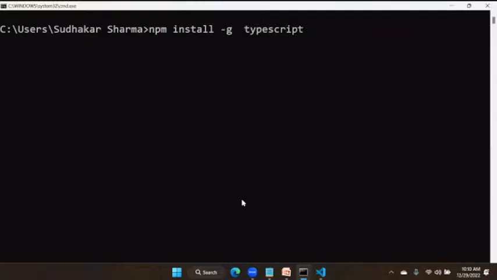So this will download and install TypeScript from their official website and put it in your computer. Globally is very important. Sometimes people miss that -g, because people usually follow YouTube and some other